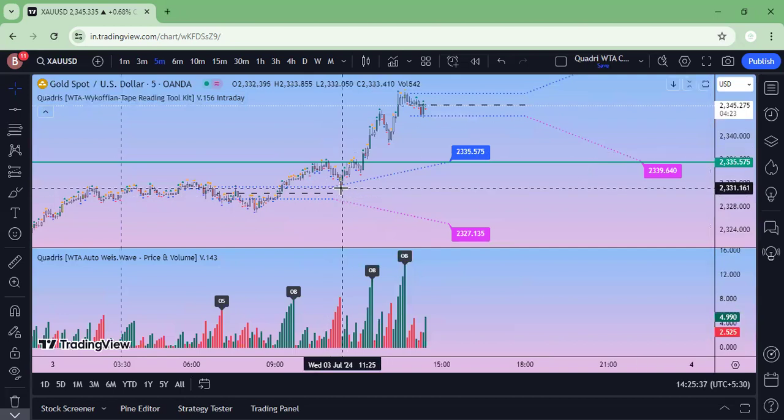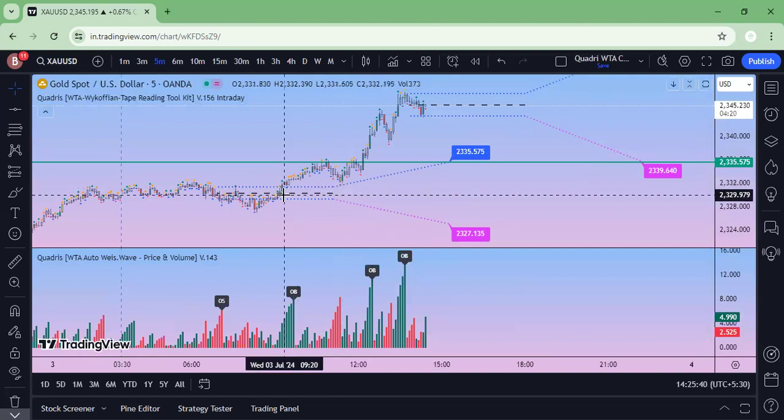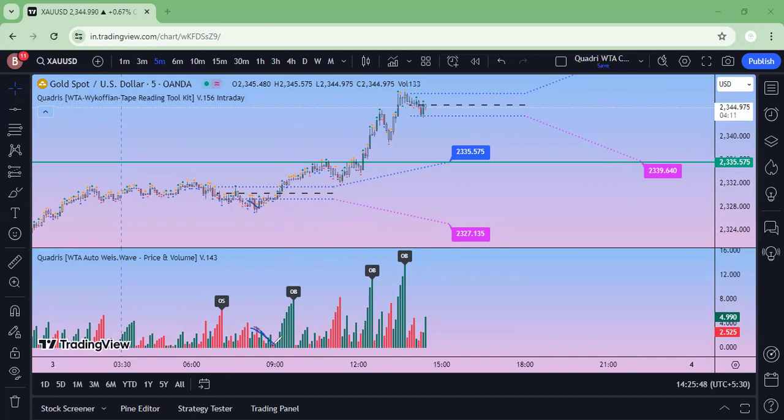Like in this example, if you see, there was a breakout. See the volume diminishing, demand supply diminishing as we are approaching downwards. If I apply a horizontal level to this one, this is a spring situation for me. So I'll buy here with this as my first target and this as my ultimate target. And what I would like to see on every up move, if there is supply coming back, it has to be met with heavy demand, and that is happening over here. So this is how it has to be traded.